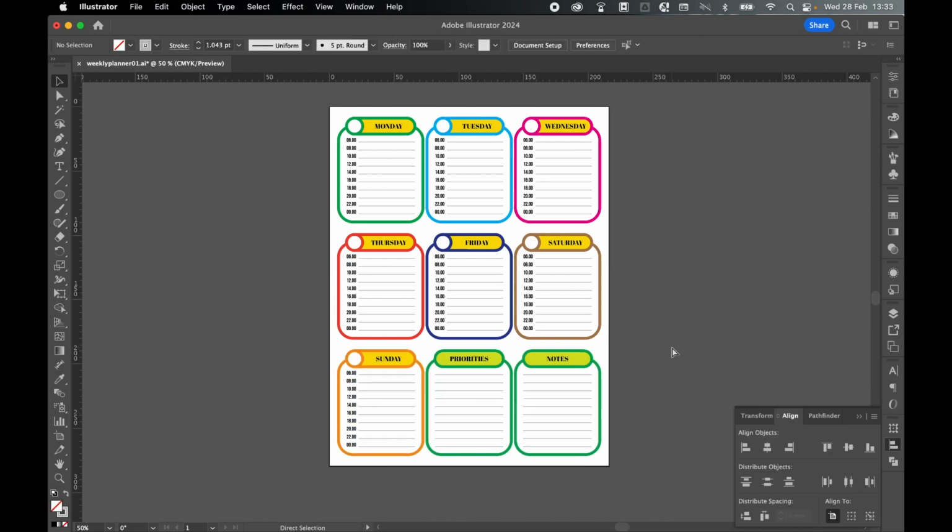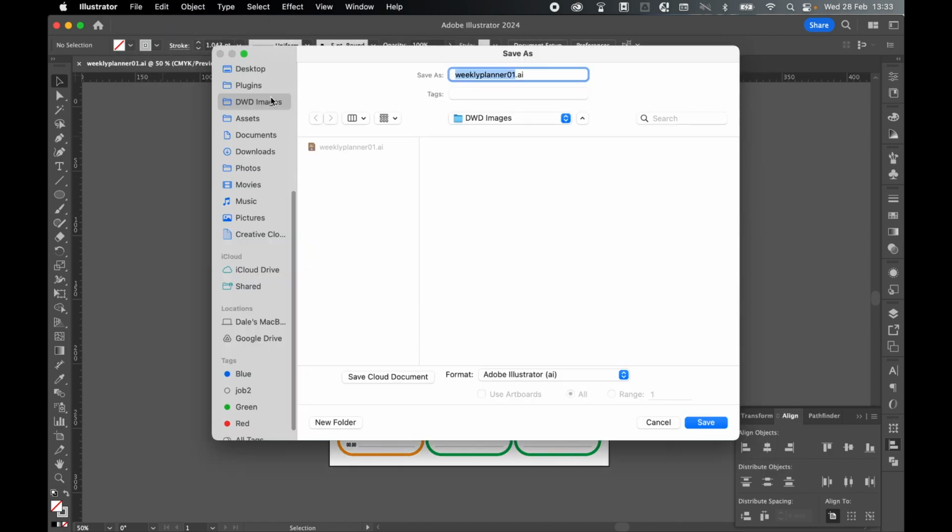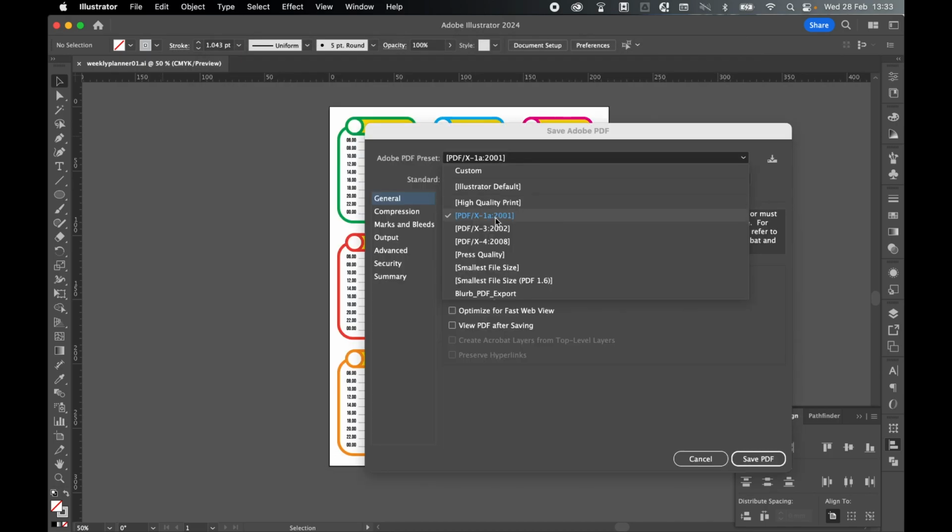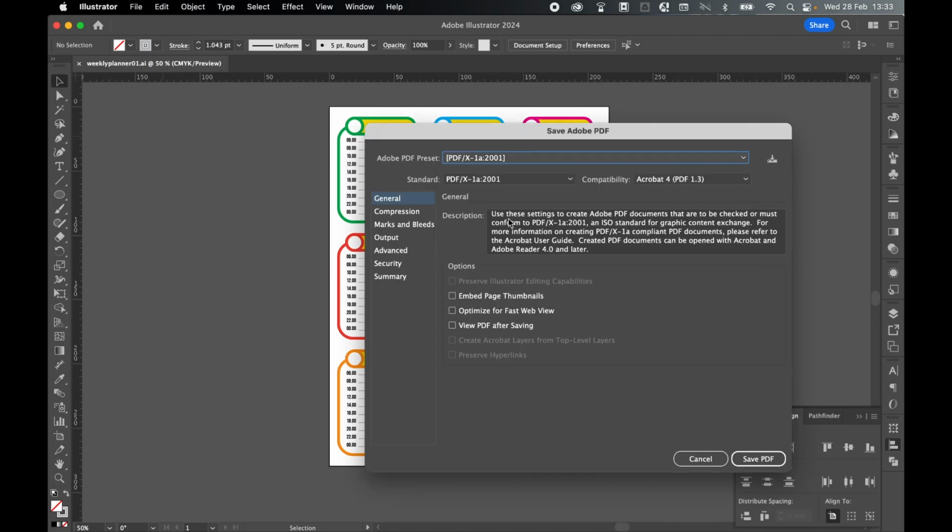So let's Command or Control S to save the AI file. And now, once we're ready to print this, let's export it as a PDF. So go to File, Save As, Save on Computer, Save in DWG Images. I'll keep it Weekly Planner 01, but instead now I will save as a PDF. So I've got the original AI file, and I will now create a new PDF. Press Save. I'm going to save the preset as PDF 1A 2001, leave everything else as it is,